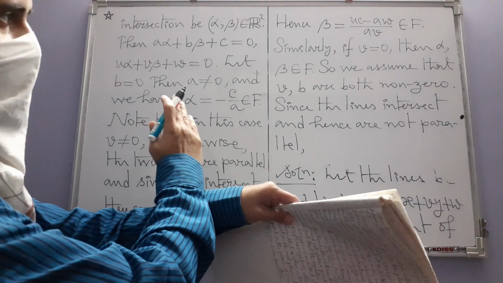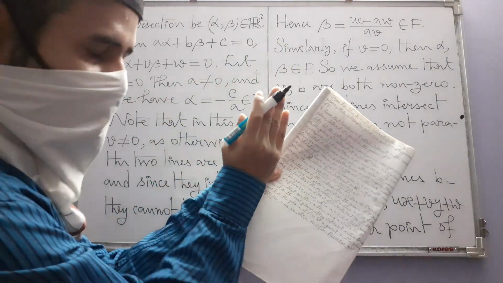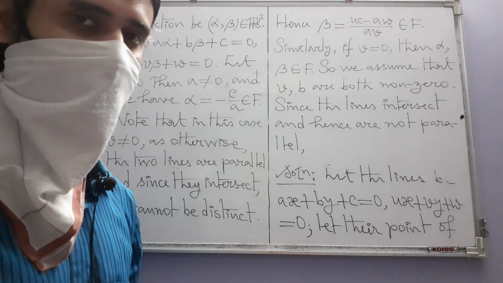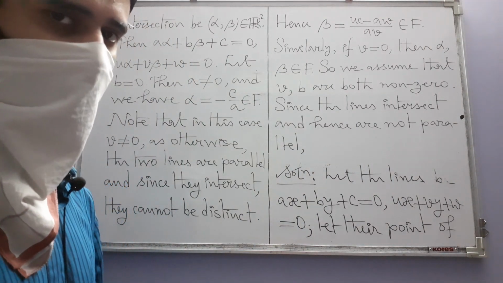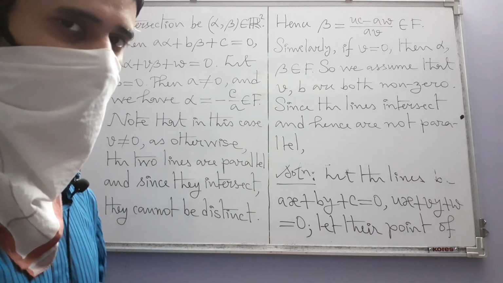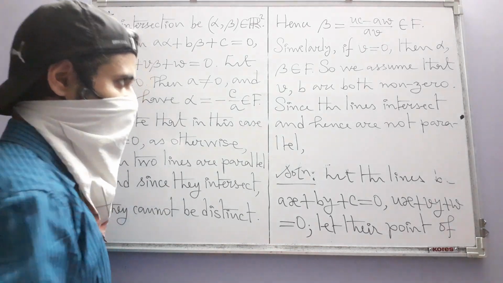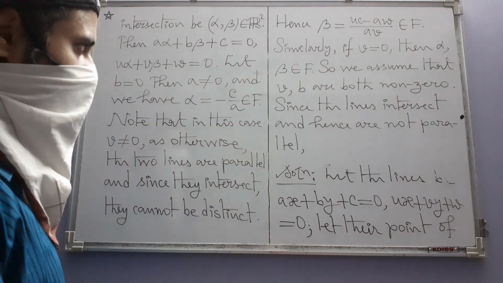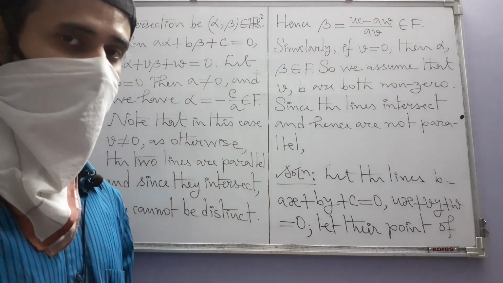The lines are like this, not like this. So that is why the lines will not have the same slope, because having the same slope is equivalent to being parallel. But now these conditions that v and b are both non-zero allow us to